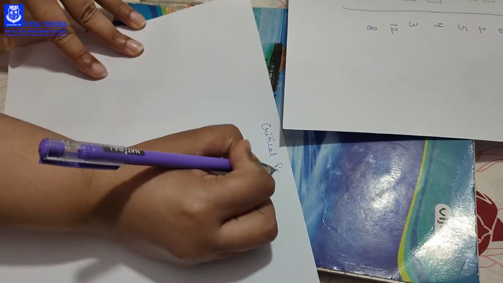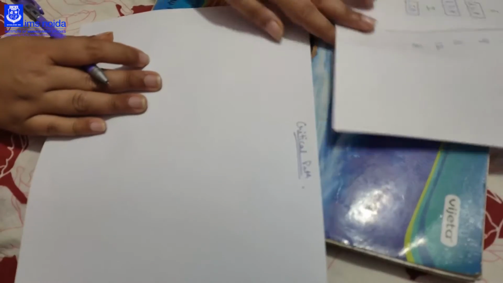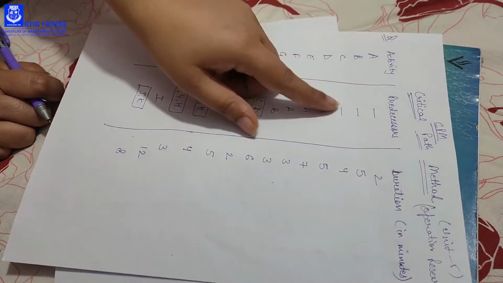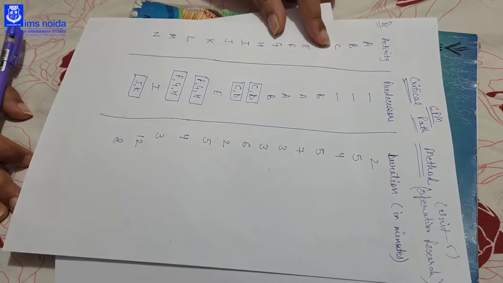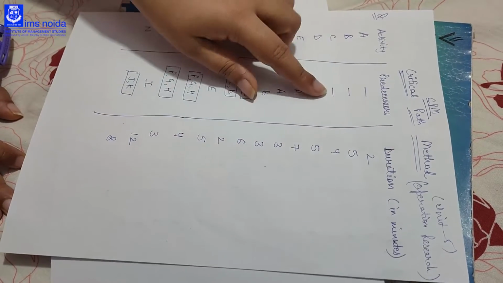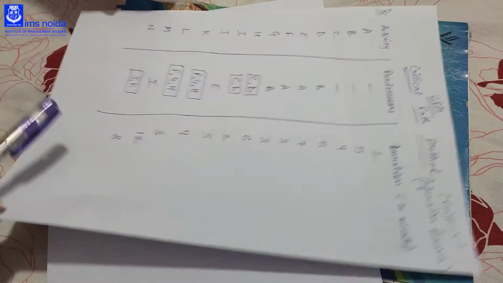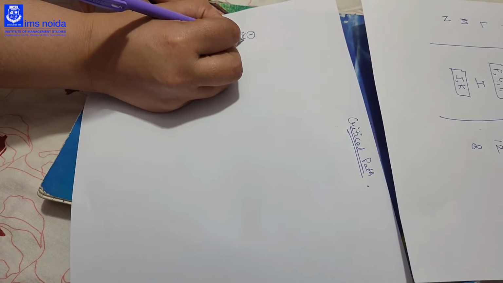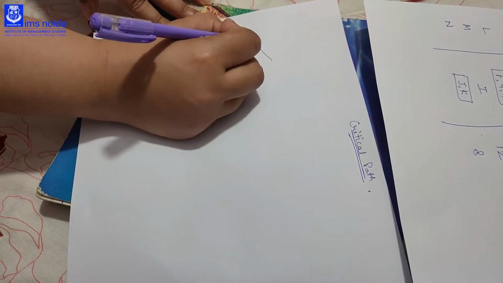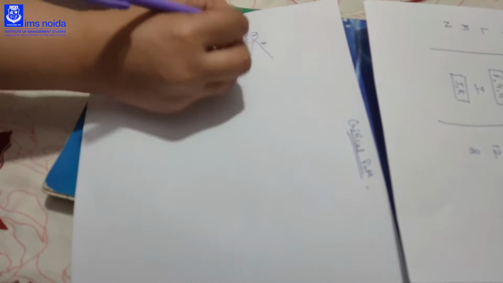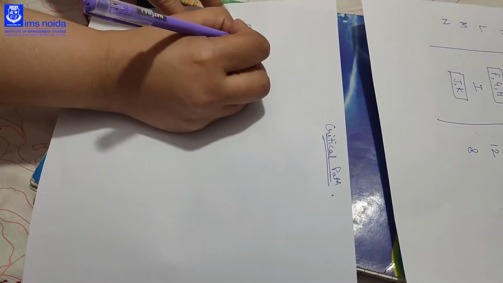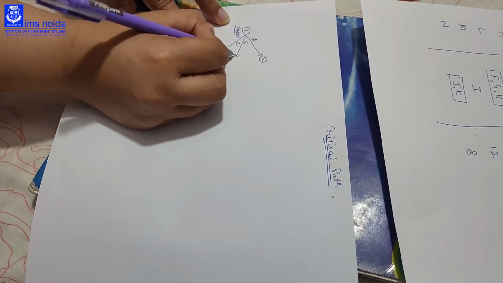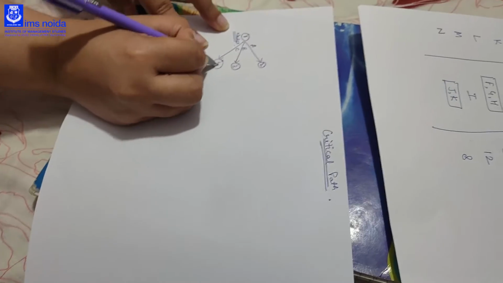We first have to make the critical path. So how will we make it, let's see. As you can see in the question, A, B, C have no predecessors, so they are free activities. The activity which doesn't have any predecessors is called a free activity. First of all, we start with node 1. This is called a node. It will contain 3 activities, that is A, B and C. A activity's node is 2, B activity's is 3 and C activity's is 4.